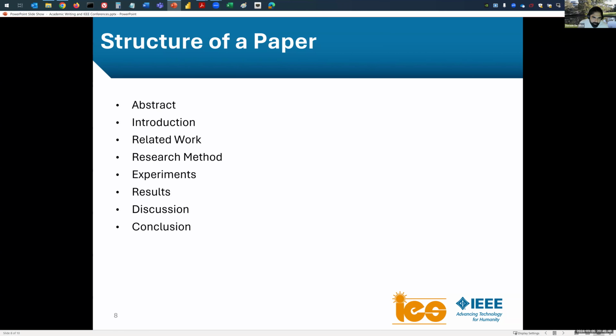The abstract compresses the entire paper, including experiments, results, discussion, and concluding comments, whereas the introduction is introducing your research problem, the background, and what your contribution is going to be, and also you describe what the rest of the paper looks like. And then you start with the related work, because you have found 10 other people or 100 other people working on this topic. And then you start to summarize.